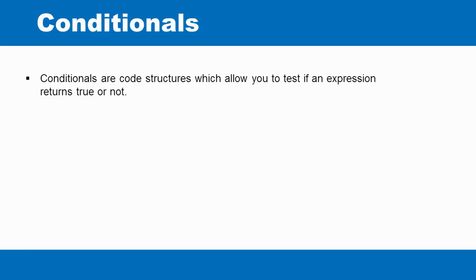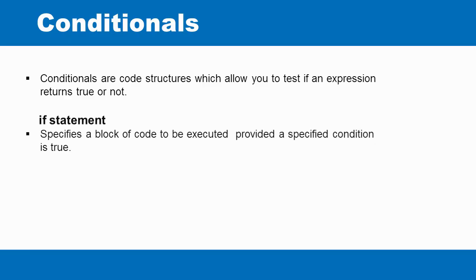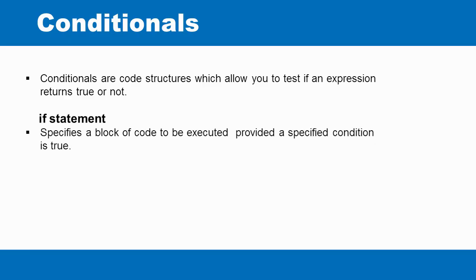Conditionals are code structures which allow you to test if an expression or a condition returns true or not. They are used to perform different actions based on different conditions. The common conditional statements are an if statement. Basically, an if statement is used to specify a block of code that will be executed if a specified condition